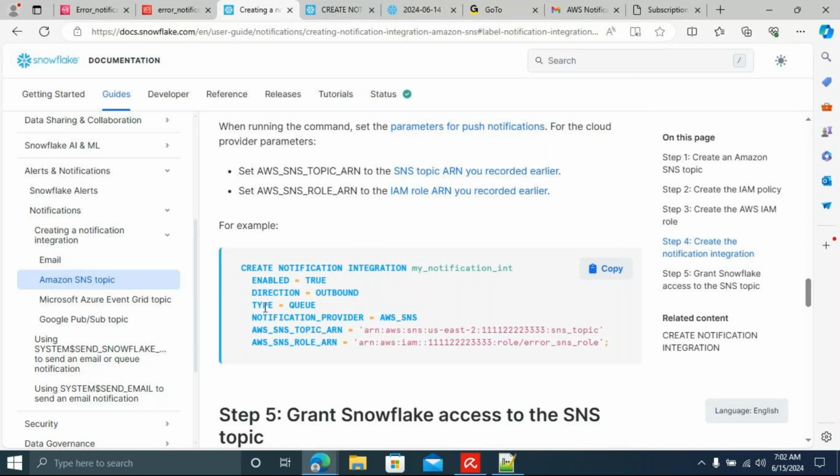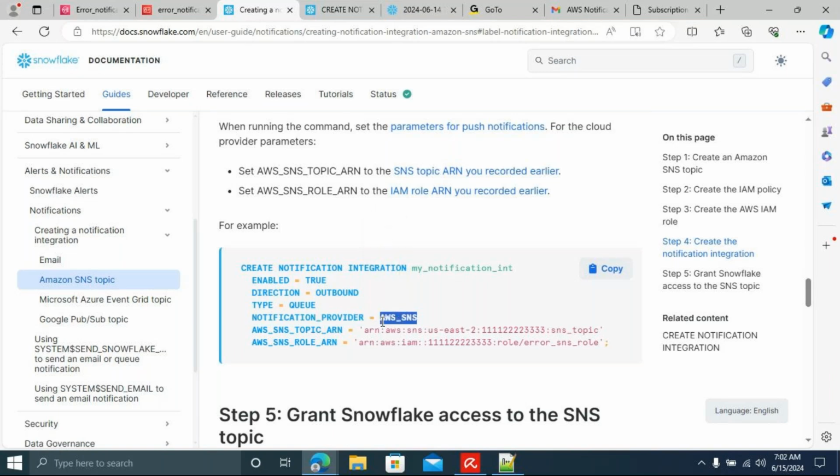And then I'm going to publish the messages. Whatever error message happens, I'm going to put it in a queue, because Snowflake internally manages the SQS queue. From that queue, I'm going to publish into the SNS. Good. And the notification provider? Who is the provider?